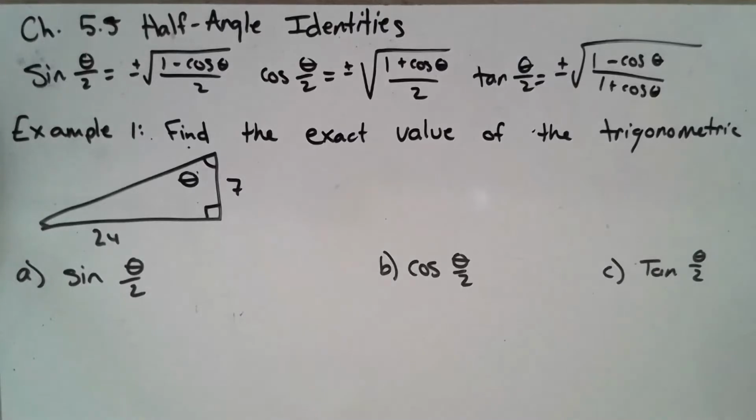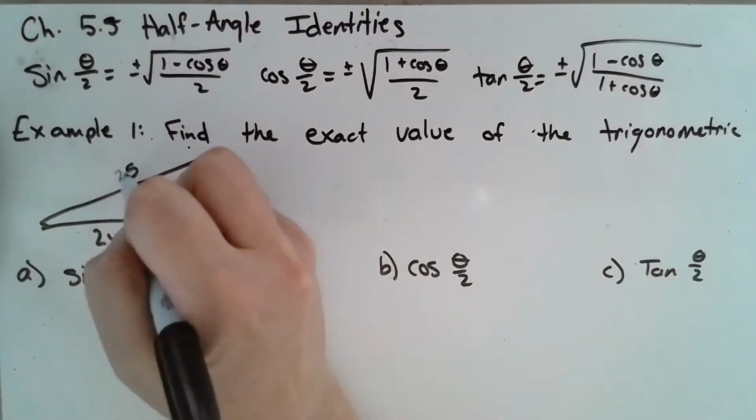On your assignment is one similar to my example one, where we're going to find the exact value of the trigonometric identities. The first thing we have is they give us a triangle. Don't worry about the unit circle on this one. We're just going to find the ratios if we took theta and we halved it. So first thing we need to do is find this missing side length. Luckily that's a Pythagorean triple, or you could do 24 squared plus 7 squared and square root that, and we'd